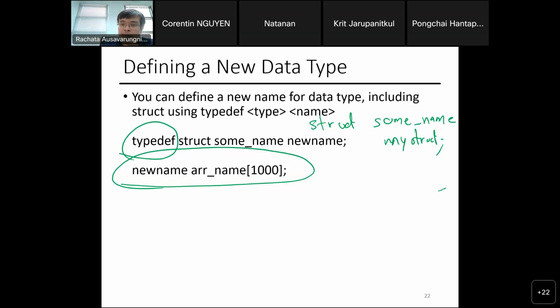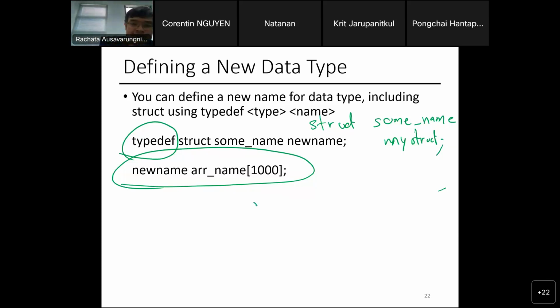There's a question on chat: an array is multiple elements of the same type, so structs are multiple elements of different types? Yes. When you want to combine multiple types together, you can use a struct for that. And if you just want 1,000 integers, use an array. And then you can combine an array of structs as well, so that you can have multiple copies of this pair of integer and floating point, or like citizen ID, username, your name, last name. You can do that too.